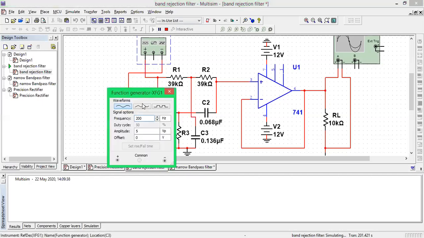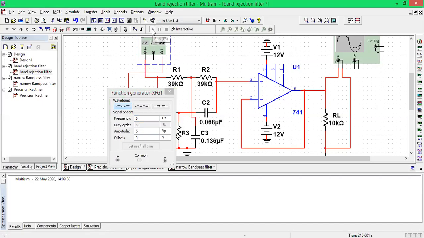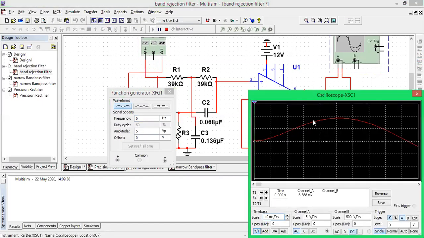See, first what we are doing. First, let me keep the frequency at 5 hertz and the amplitude is 5. Now I will run this. Let me run this and double click on the oscilloscope. Look at the amplitude. This is the amplitude. Okay. So if I make the changes here, the amplitude is around how many boxes? 1, 2, 3, 4. 4 into 5 will give the voltage.